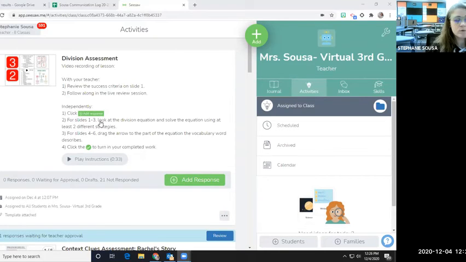For slides 1 through 3, you're going to look at the division equation and solve it using at least 2 strategies, okay? For slides 4 through 6, you're going to drag the arrow to the part of the equation that the vocabulary word describes, all right? You'll click the check to turn in your work. So on your response, so you can see what that looks like,